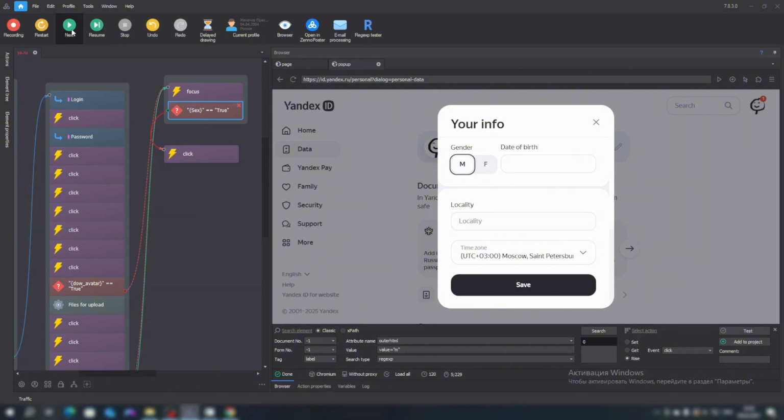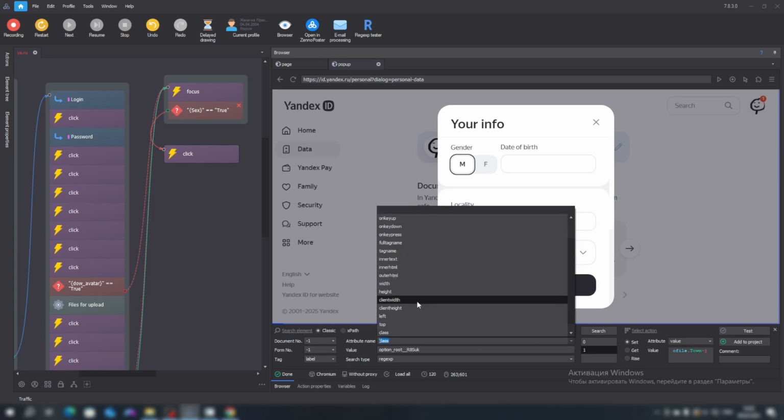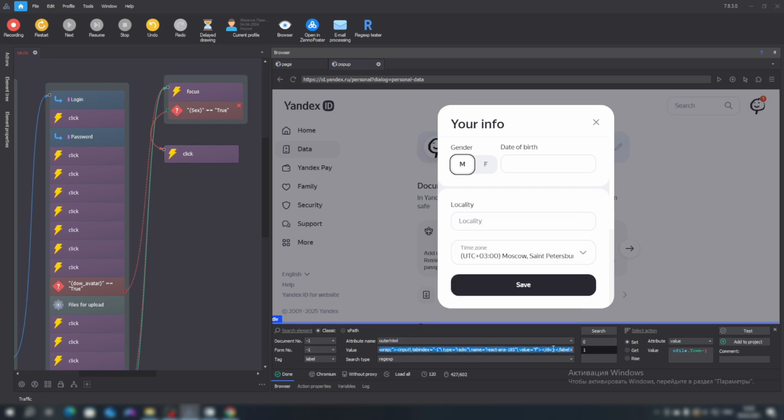So let's choose an action for the female gender. Similarly, copy male, only now we have the value F. This is if we have the value false.